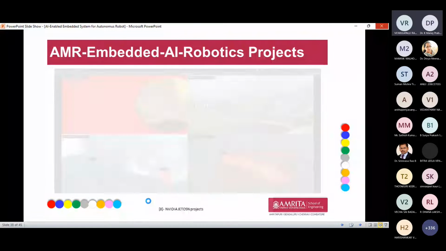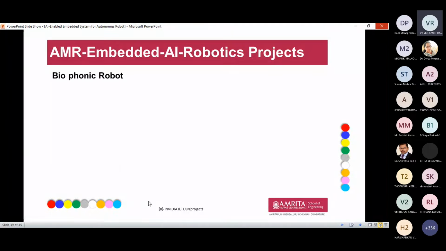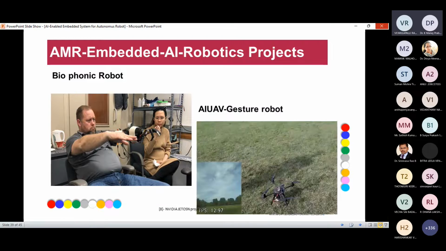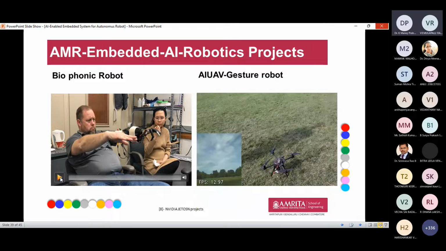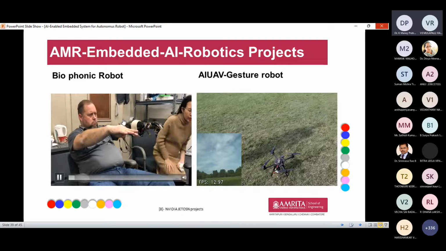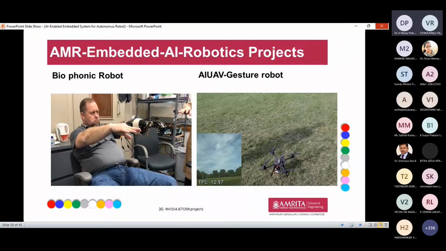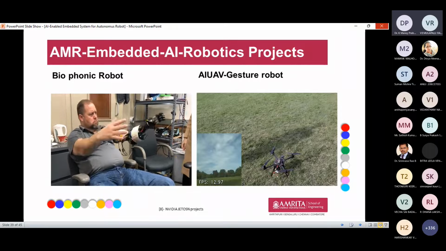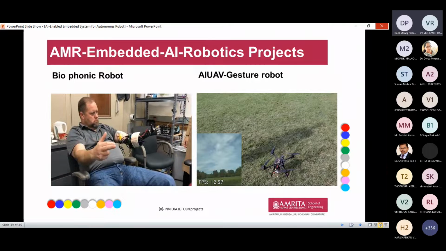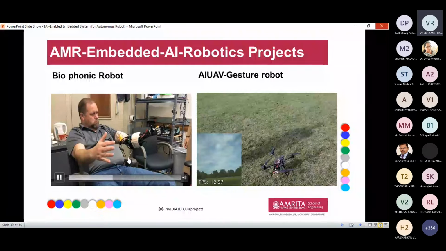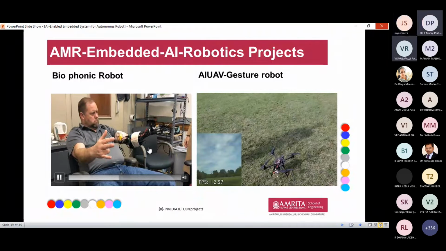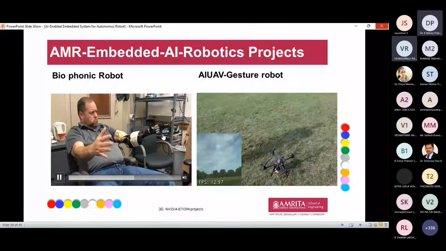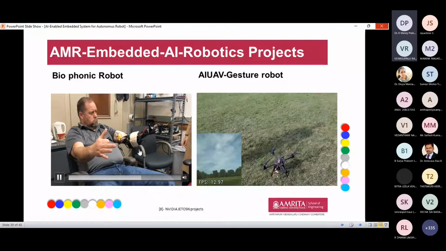Next we are going to see the biomechanic robot and also the gesture robot. First is the biomechanic robot. Here the Jetson Xavier model can be implemented for the bionic robot, which is built for disabled persons. The person has to do the action the same as shown on the left-hand side. Here the Jetson is really helpful for